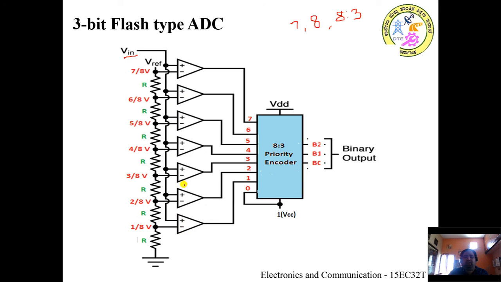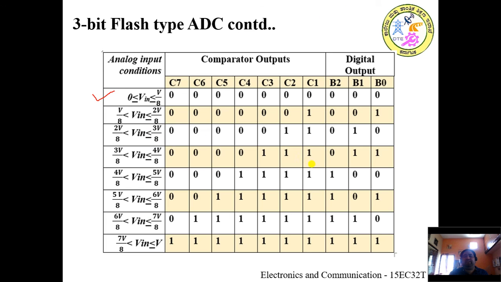Since the unknown analog input voltage at the non-inverting terminal of the first comparator is lesser than the voltage at the inverting terminal here, it gives a result 0. Since the first comparator itself is resulting a value 0, all comparators will also result a value 0. Since all the outputs of the comparators are zeros, it results a binary sequence 0 0 0 as the output.